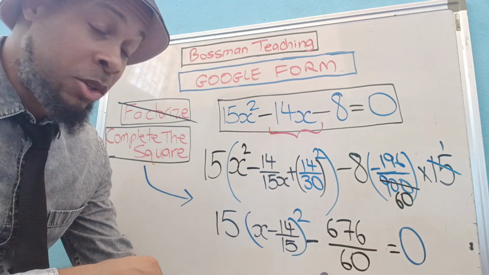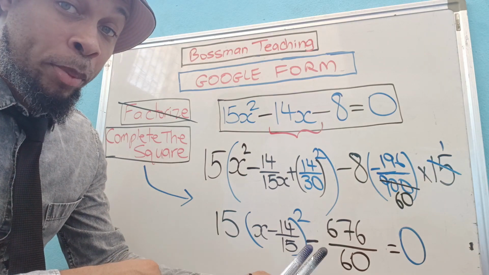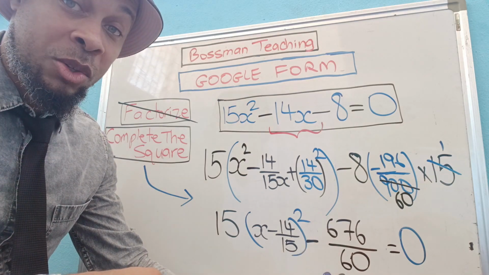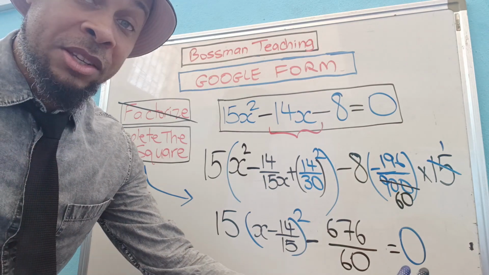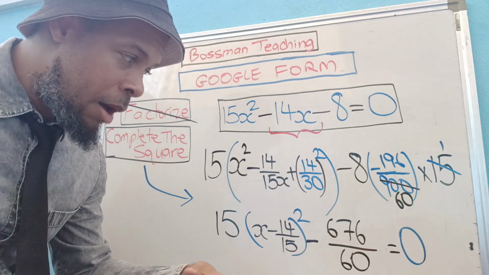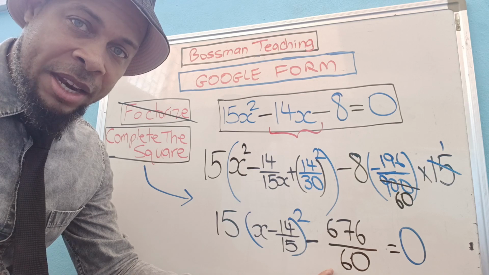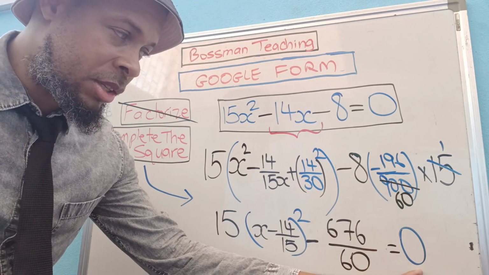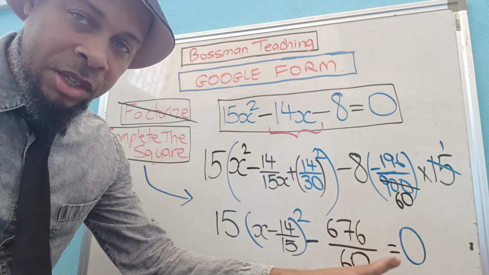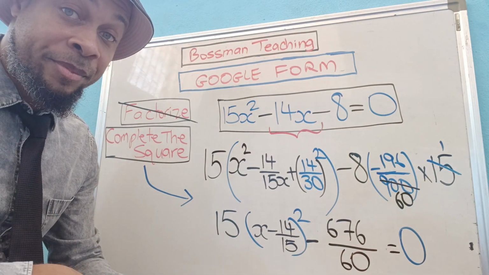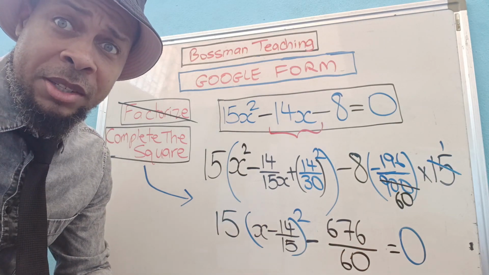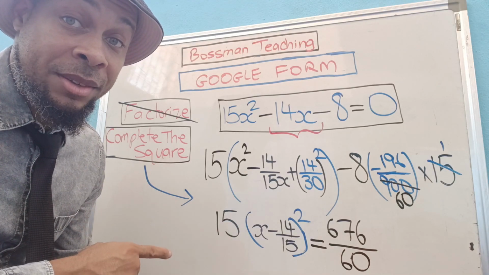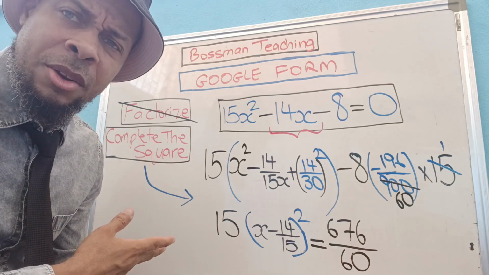Now, here's what's fun though. When you put this on the opposite side, meaning you're going to add 676 over 60 to this as well as to this, obviously, when you add it to this, it will cancel. You add it over here, 0 plus 676 over 60 becomes 676 over 60. Yeah, this video is a lot longer than I wanted it to be. So to summarize, that is what I meant. So the question now becomes,